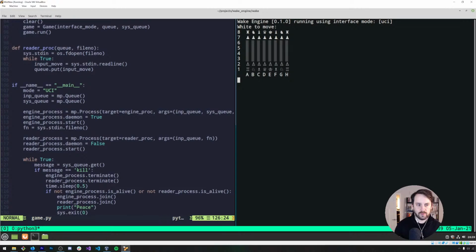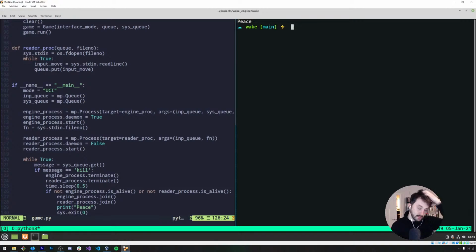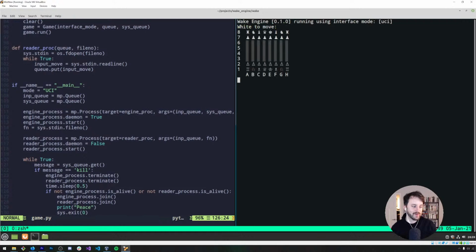So I think if I type quit, yeah, quit is the kill signal, and it closes all the processes gracefully. I should probably put a confirmation dialog there, although I don't know if that's non-UCI compliant. From a user experience perspective it seems sensible, although the user isn't really going to be using the terminal to interact with the chess engine like this. Okay, happy to see the GUI working on the Mint terminal.